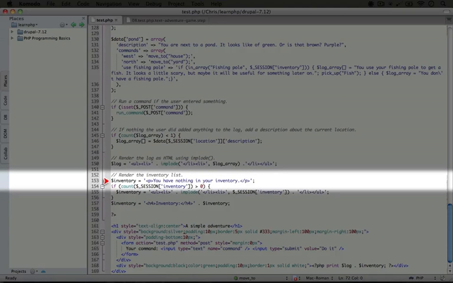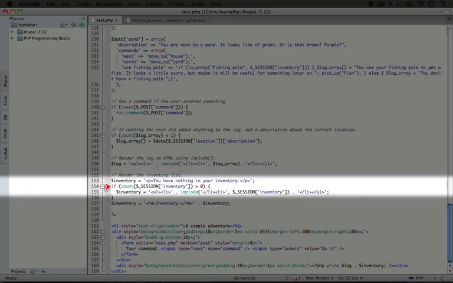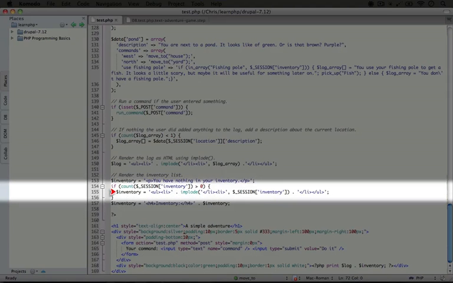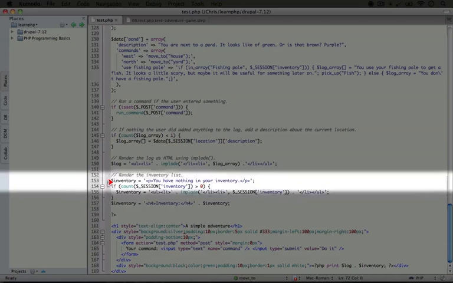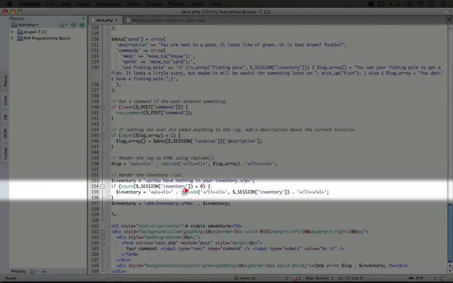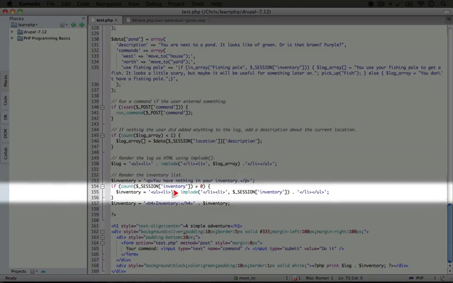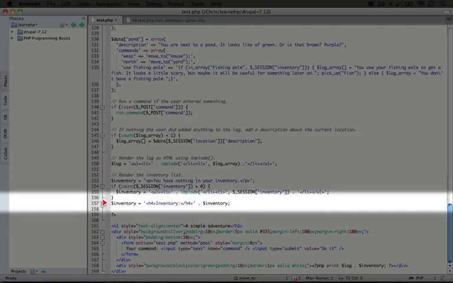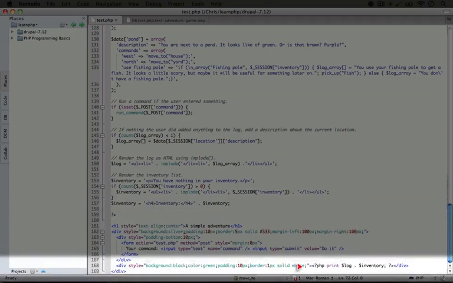Now this time, we have something different to do here. So we set the default text, but then we're going to check to see if the number of items inside of the inventory is bigger than 0. At this point, it's 1. So we're going to go ahead and run this code. So we're resetting the inventory text, which we defined here, as an unordered list, and then we're just going to take the items in the inventory and generate a list based on it using the implode function, and we're imploding with an ending and opening list item tag and then wrapping an unordered list around it, just like we have with our log message. And then finally, we're going to add our inventory heading, and our interface will stay the same, except now our inventory will have some different text in it.